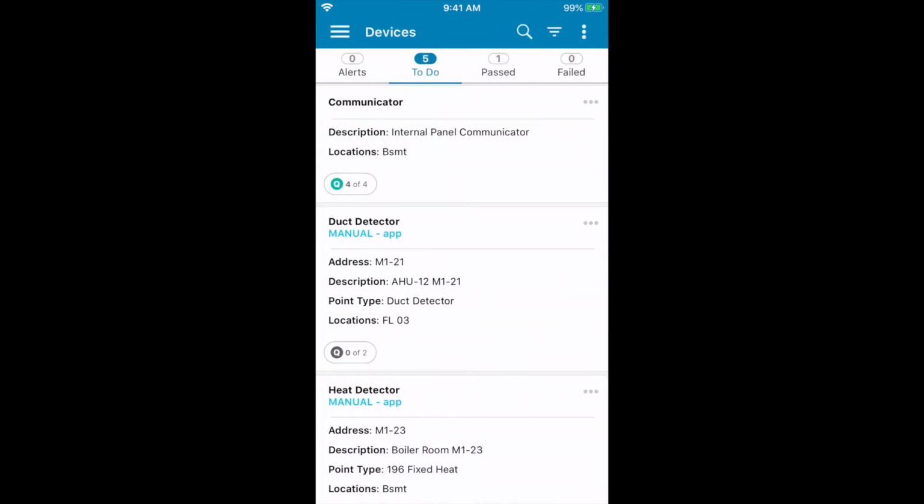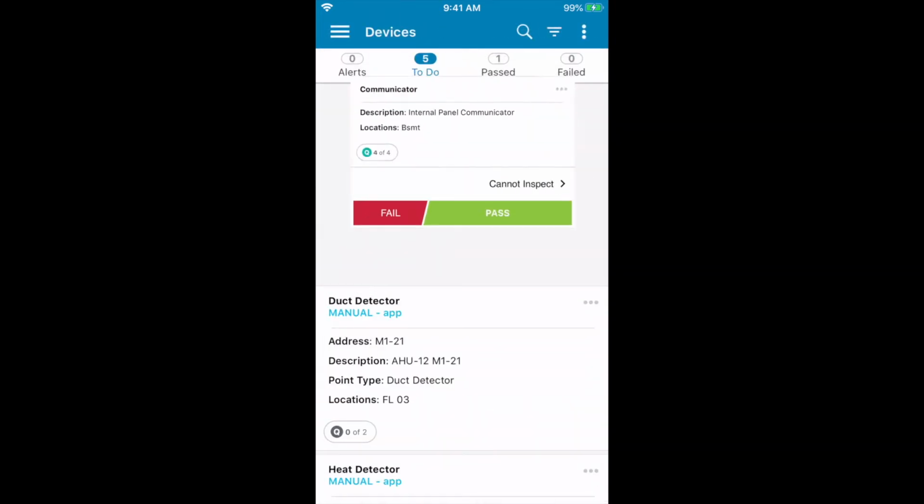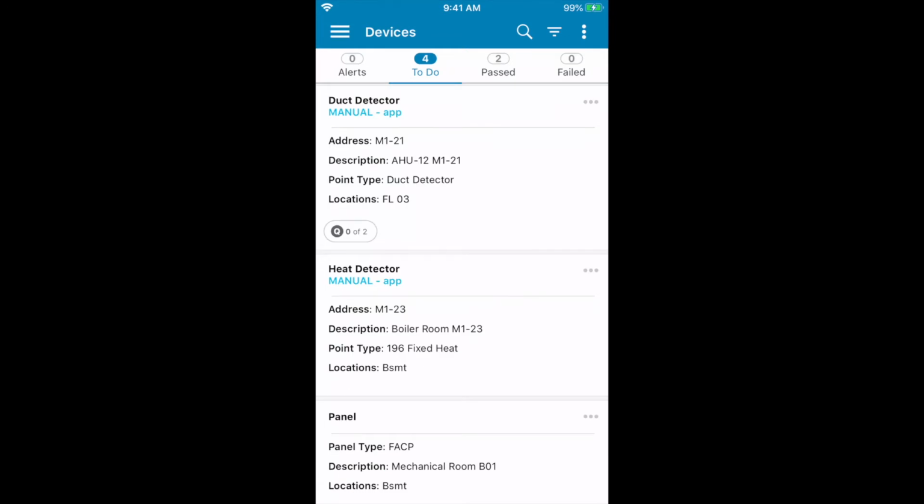It's not giving me the option right now. Okay, and I can select pass. Okay, so duct detector. Now what we could do for the rest of these, just to show you how to